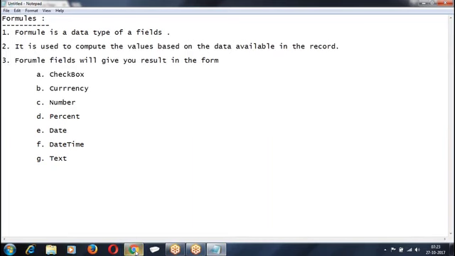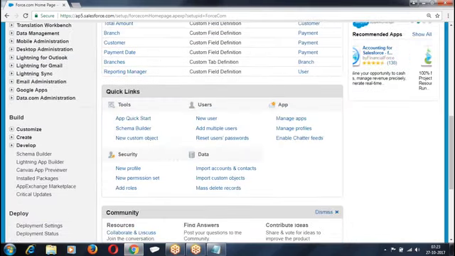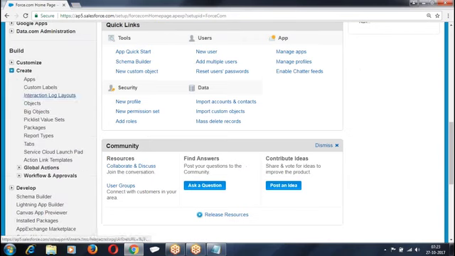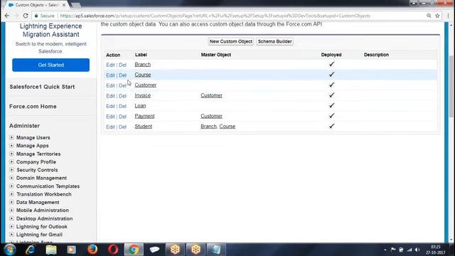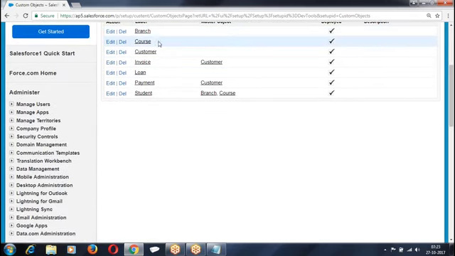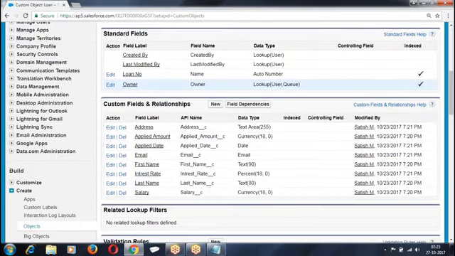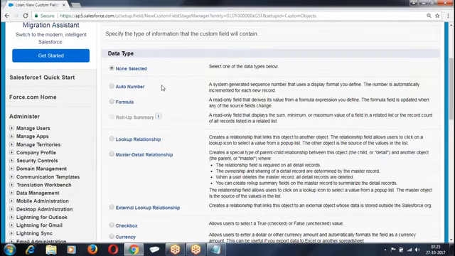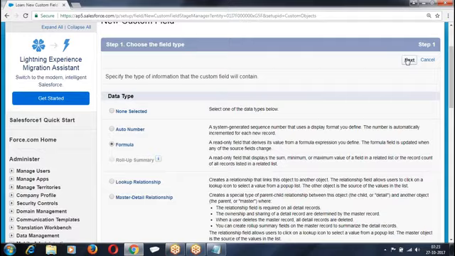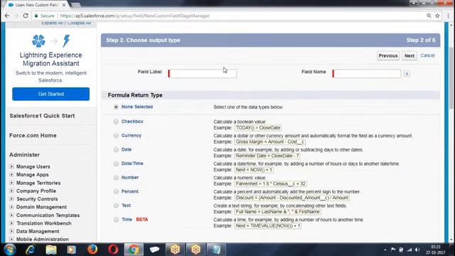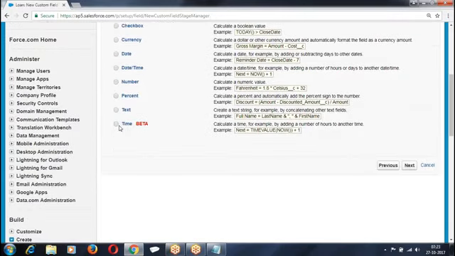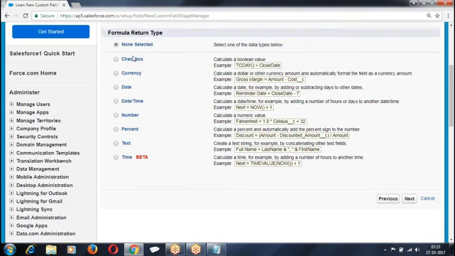Recently someone asked me what is the update on the formula fields. So let us see now. When you create a formula, if you go to any object, let's say loan, new, use the formula, next. Look at the format you will get. Time, which is a beta version. So these are the regular ones.